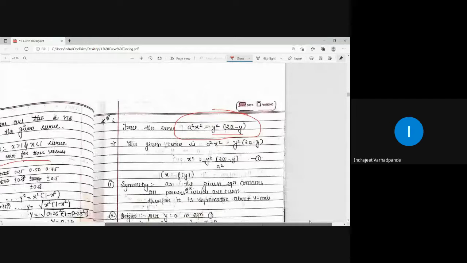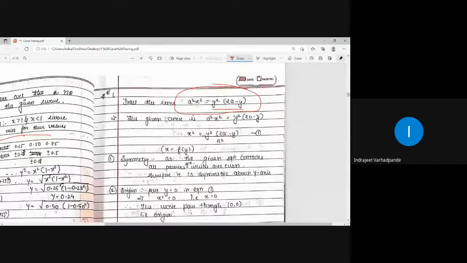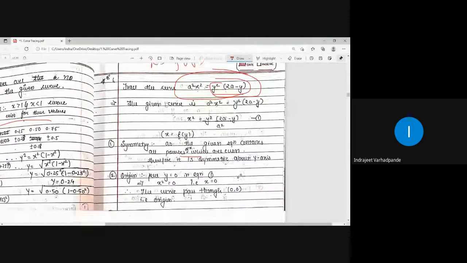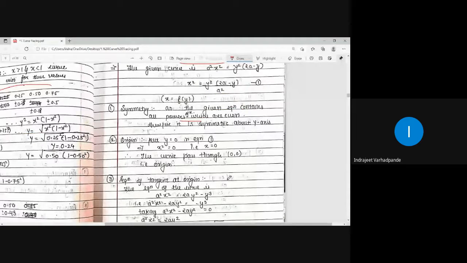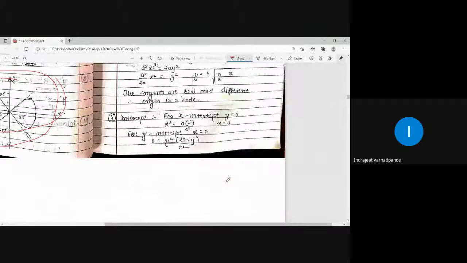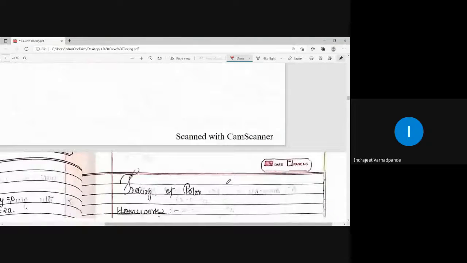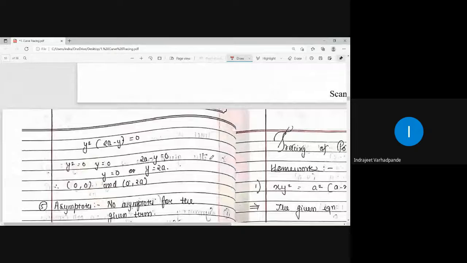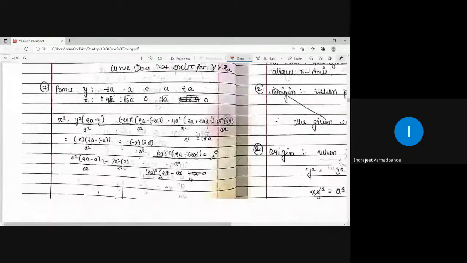Yes. So symmetric about which axis will it come? Given equation contains powers of x which are even. This is basically to be expressed as more terms are containing y. So you can have it as x as a function of y. So similarly you try to simplify and get the parameters checked. After the parameters are simplified, you can easily know where the intercepts are, where the actual asymptote is and how the region of the curve will be.